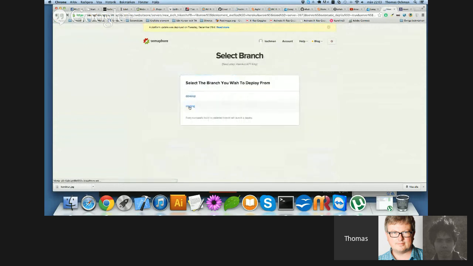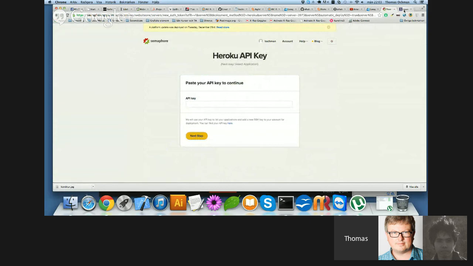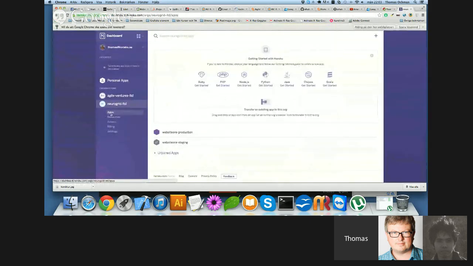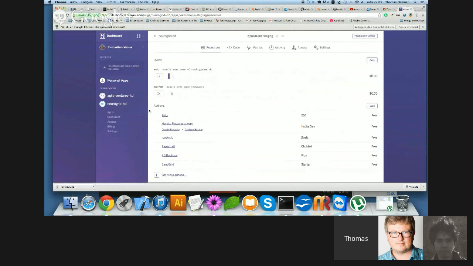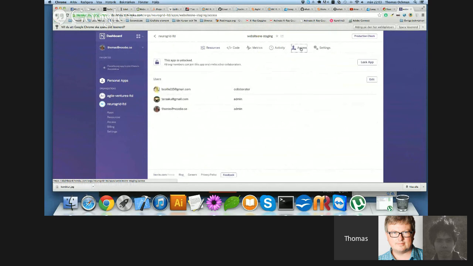API key for staging. Apps. Website 1 staging. Activity access. So how do I get